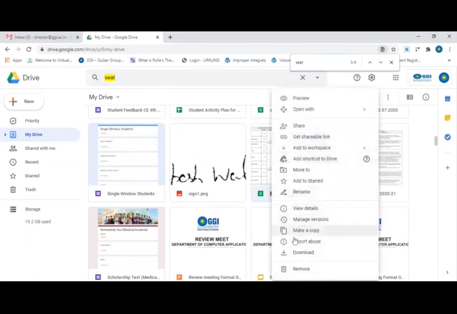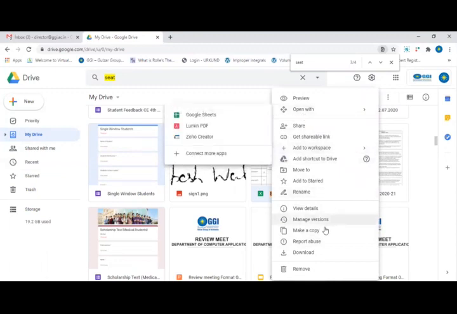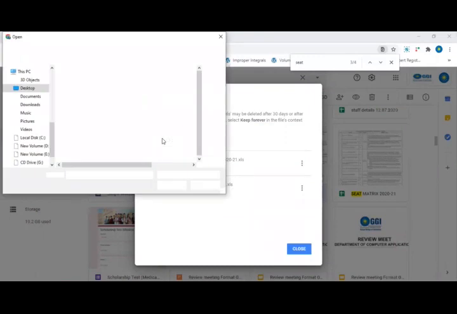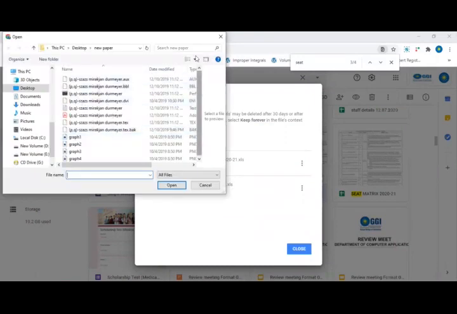Now, if I go to manage versions, I want to see how many times I have uploaded this file. I can go to this manage versions. Now you can see this file has two versions. One is created today at 8:58 p.m. Another is created on May 4 at 5:26 p.m. And now I want to add another version to this particular file. So what I have to do is upload new version. I click on this upload new version, and let's go to my desktop.